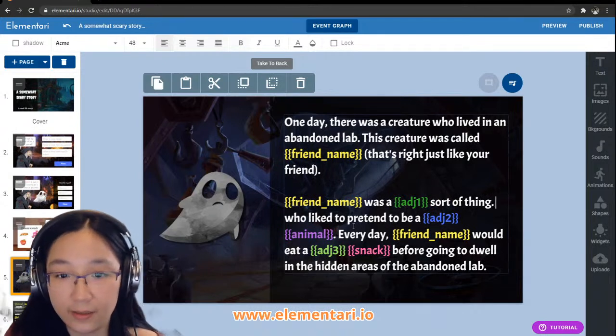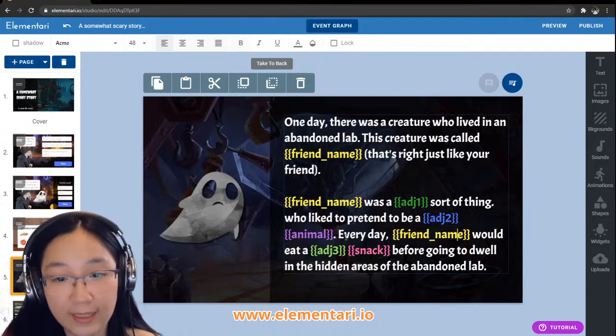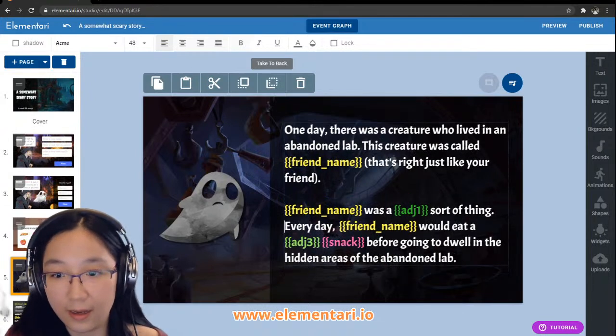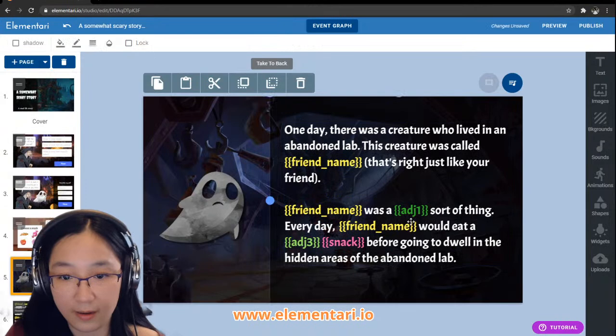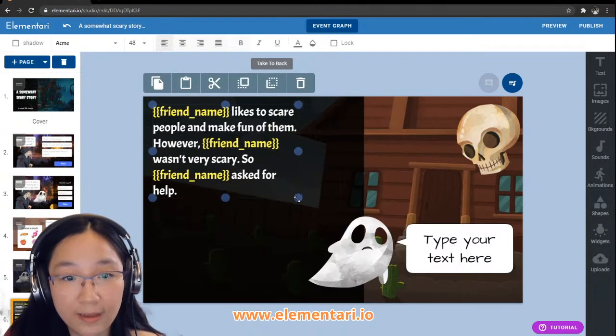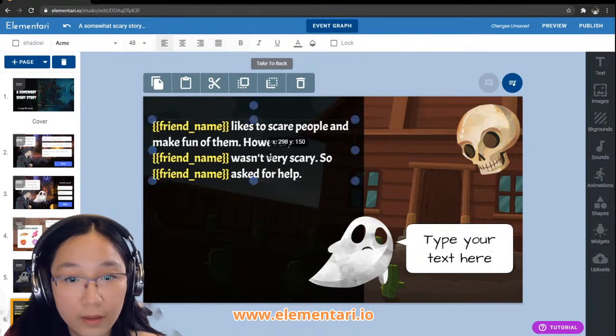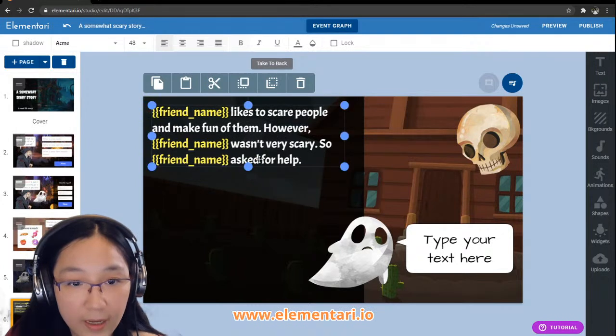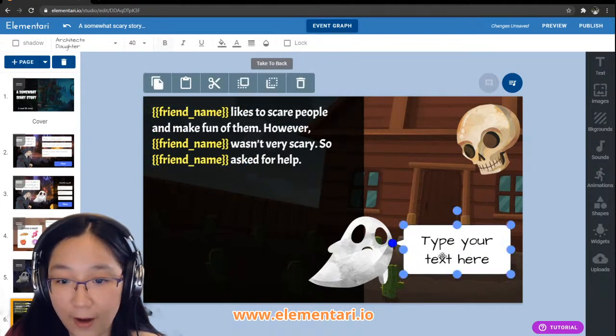Let's just change it. Instead of using the animal, we're going to get rid of the animal. Maybe we can use the animal later. Okay, let's go back to this page. And so what happens? He's asking for help.